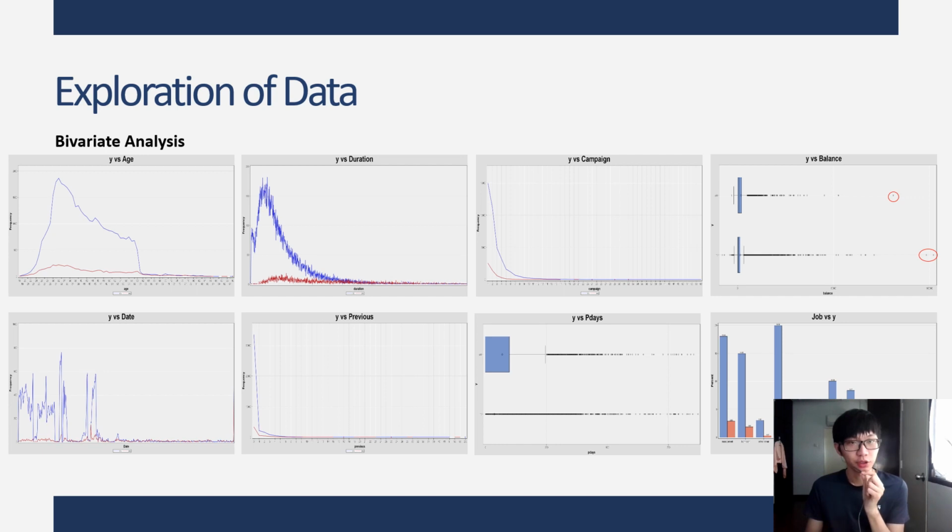And coming to the bivariate analysis, we can show that for most of the variables there is a difference across the target variable y, but somehow in here the balance is not different. It is interesting to show that there is an outlier in here. We can try to remove the outlier if there is a valid reason and see whether the balance variable really makes a difference, because we can see in here the mean value of the balance seems the same, indicating the variable balance is not affecting the target variable.